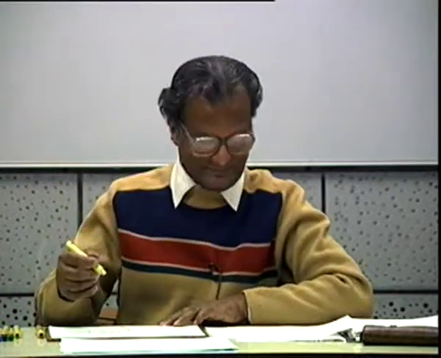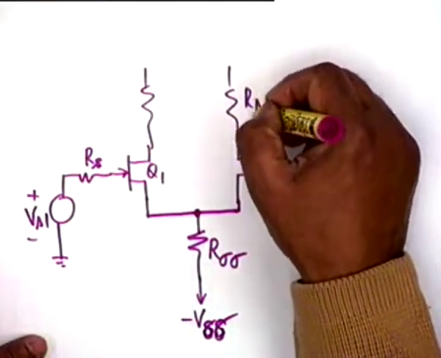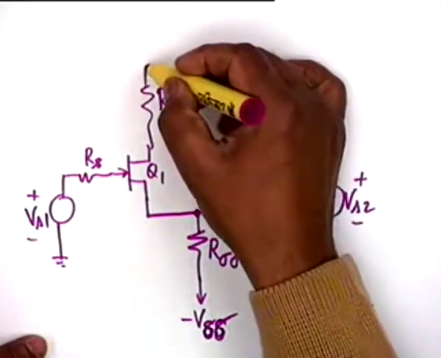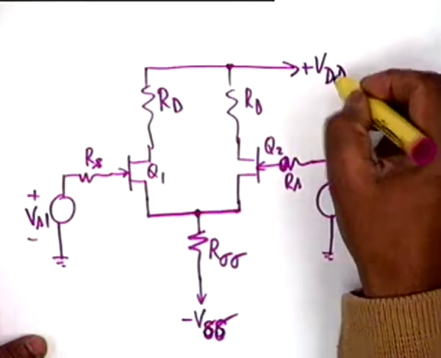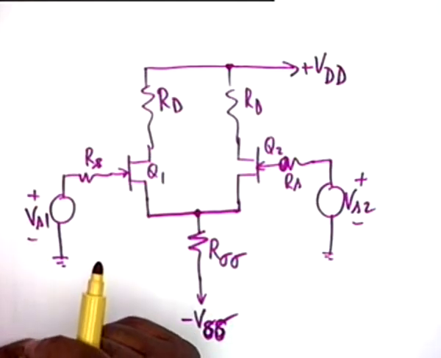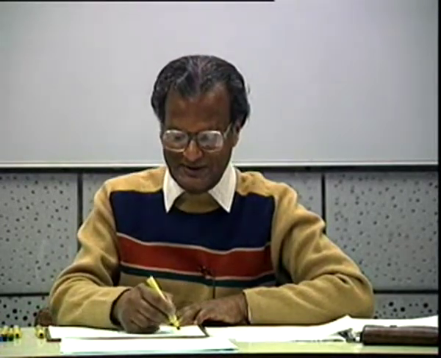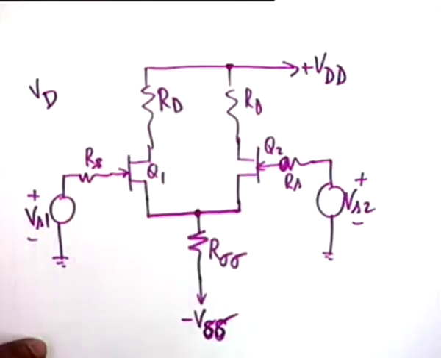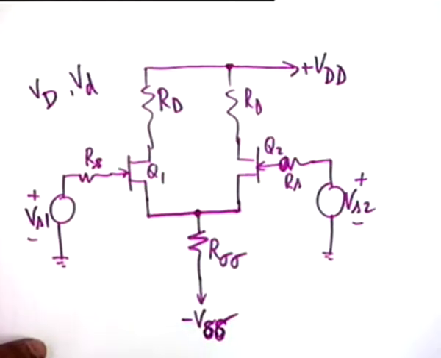Okay, Q1 and Q2, and then we have two resistances, R sub D and R sub D, the drain resistances. The two are connected together and go to plus VDD. There is no confusion here. There may be a confusion because of the difference voltage we have used, but there should be no confusion. We will use V capital D as the DC difference voltage and V small d as the AC difference voltage. So I have used a double subscript here. That's why there should be no confusion here either, VSS.